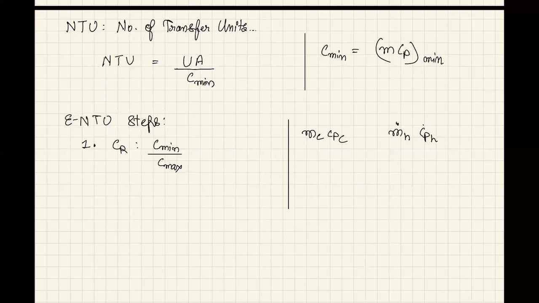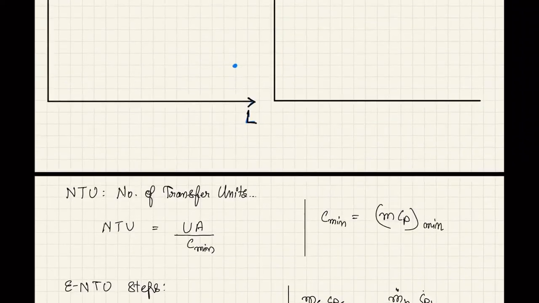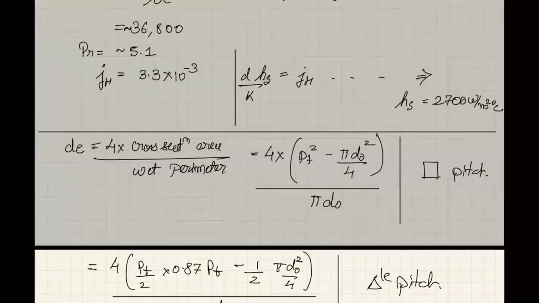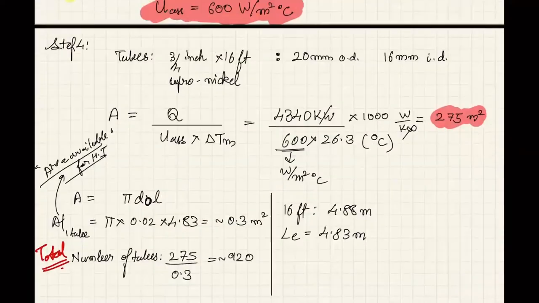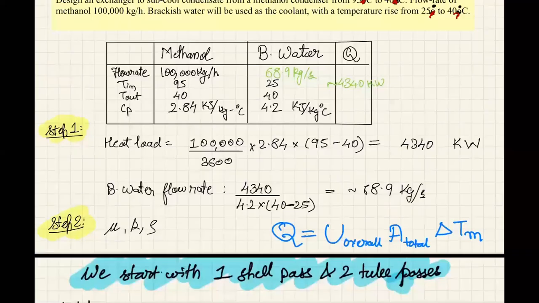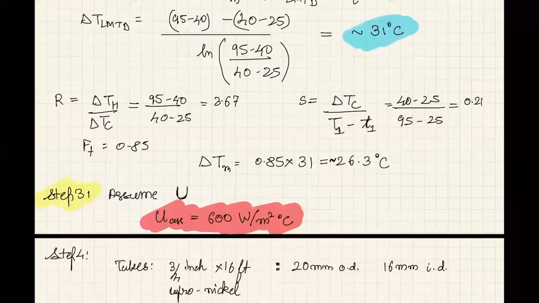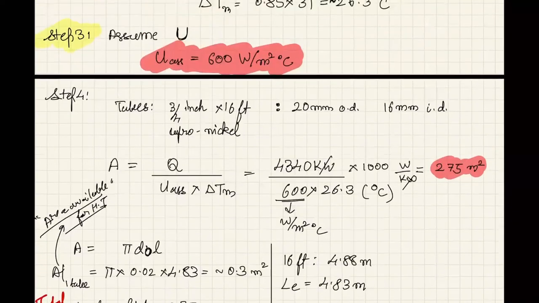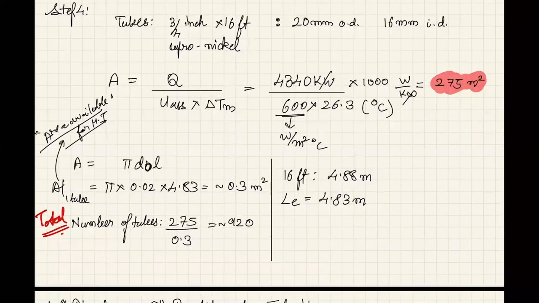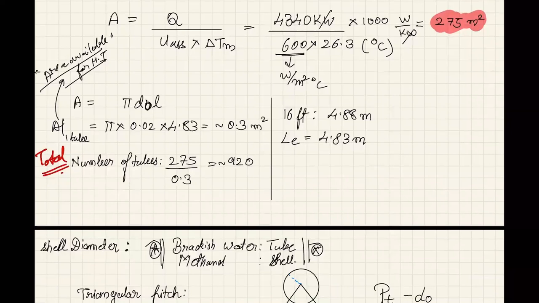Then you can go for calculating NTU, which is given by UA over C min. For any sort of heat exchanger we have seen, let me go back to some of our previous lecture. Yeah, this is good. This problem is the most complex shell and tube heat exchanger problem we looked at. Just have a look over here. Once we start the calculation of U, we took some area, or the area has been fixed, like how many tubes are in the heat exchanger, everything we fixed.